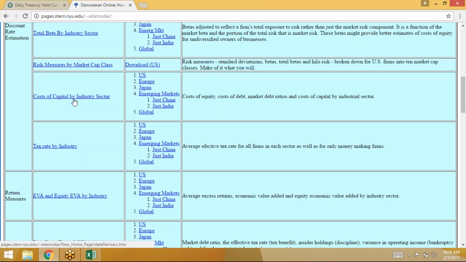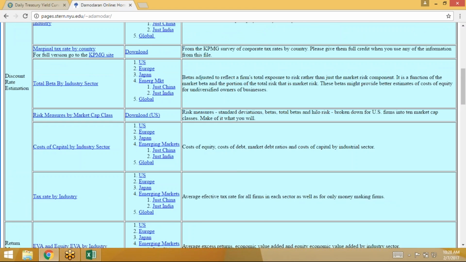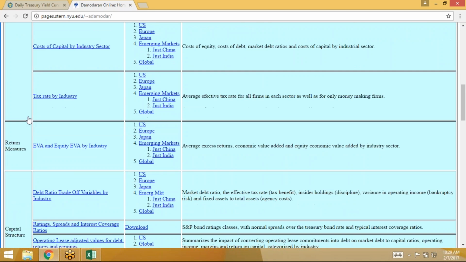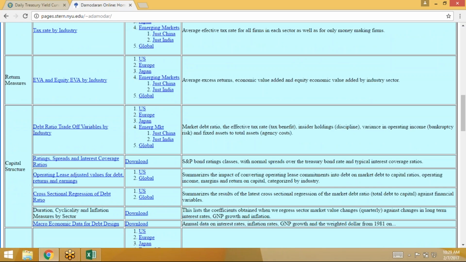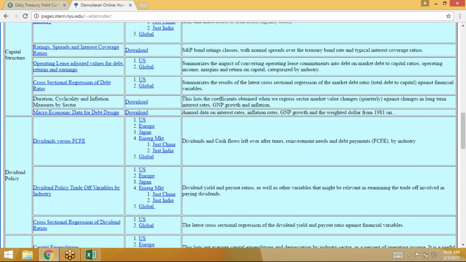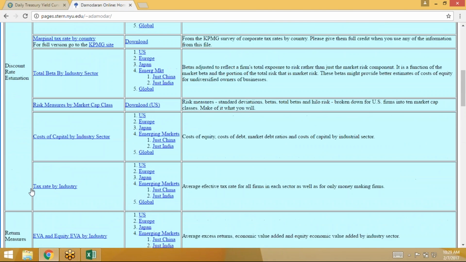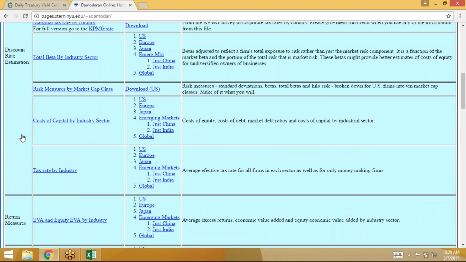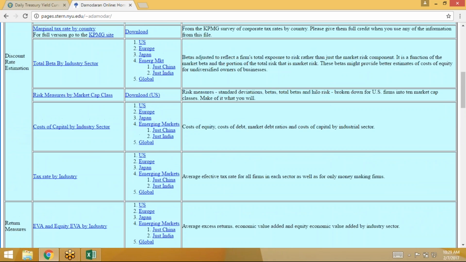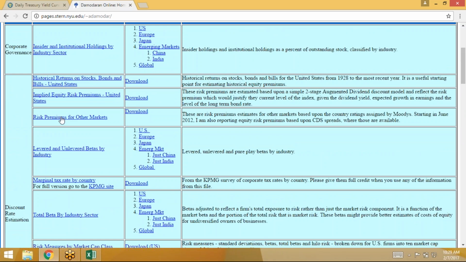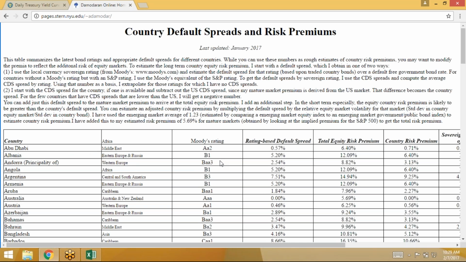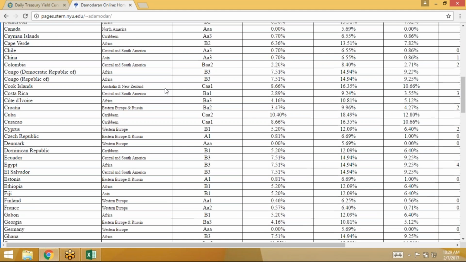So they recategorize this a little bit. I referenced it in the book, but they restructured this. They had market risk premiums. You know what? It's probably buried in cost of capital. Risk premiums. Here we go. All right, scroll. Here's all the risk premiums, all different countries. If you go down to the U.S.,